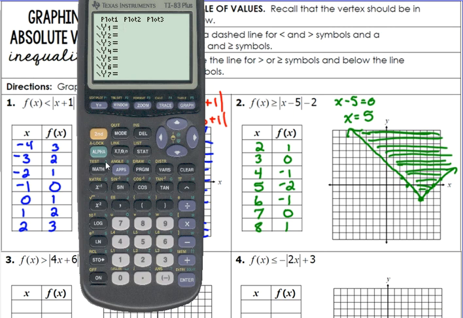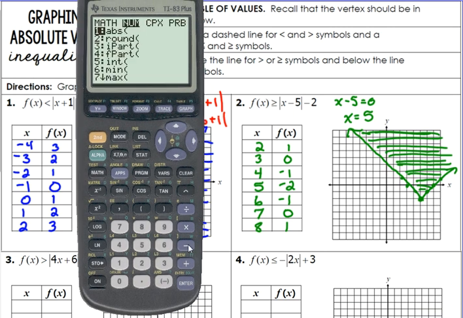If we type this into our y equals math over num, ABS, x minus 5. Just don't forget to close the parentheses after the 5 before you put the minus 2. Have you ever wondered what those slashes are over there on the left side? Okay, I'm getting ready to show you. If you move your cursor all the way over there so that it's blinking, if you press enter, all of